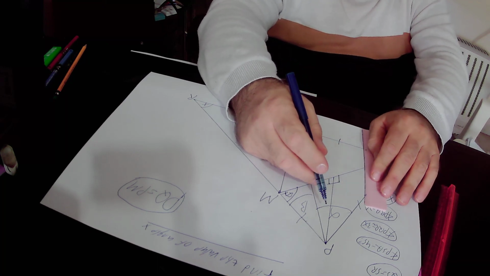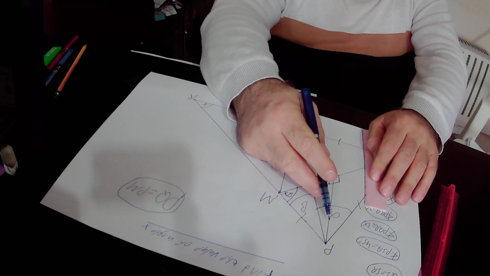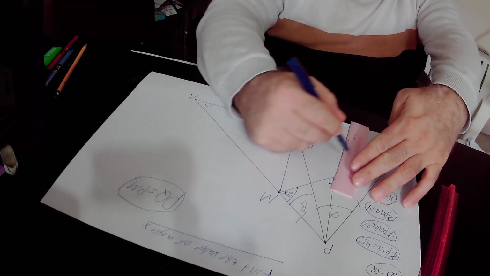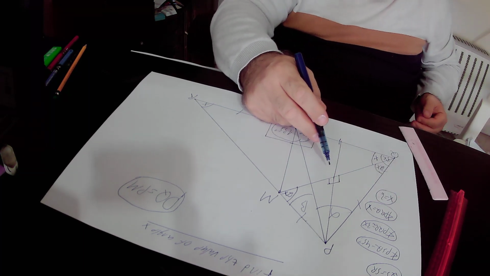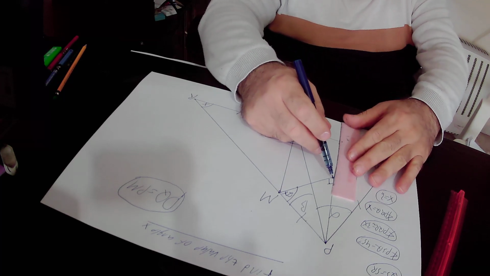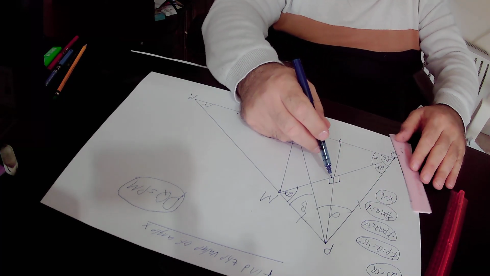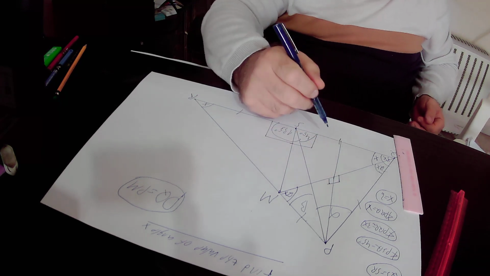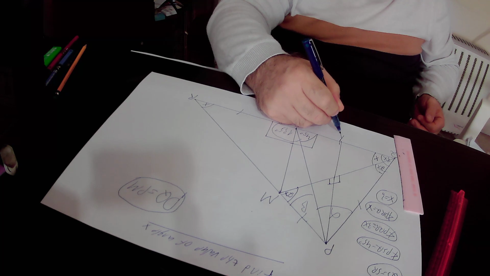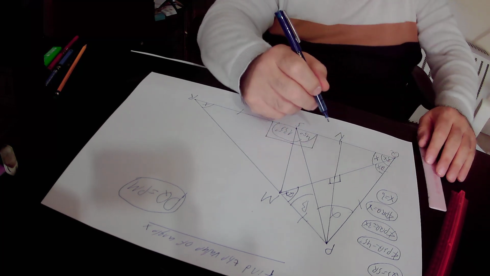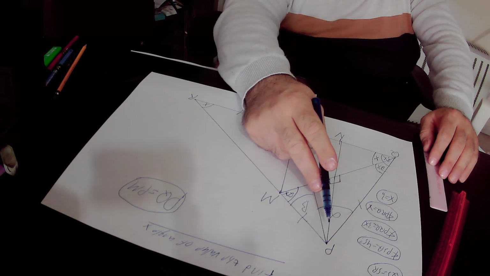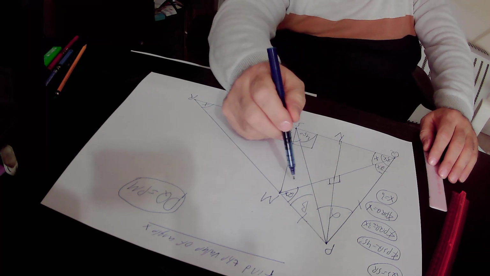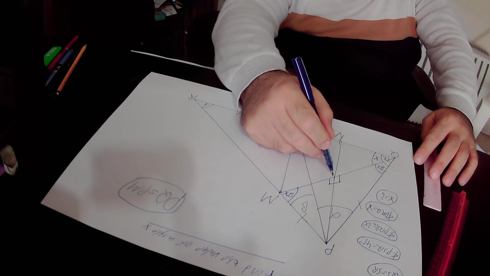Then we will extend the perpendicular from point P until it touches QS, and we will define the touching point between the perpendicular from point P and QS as point N. We will define the touching point of the perpendicular from point P to QM as point L,